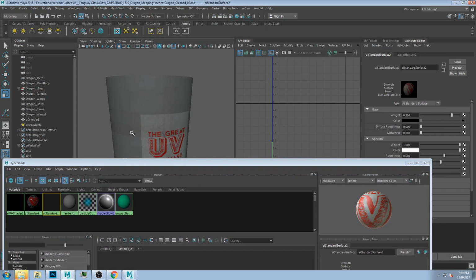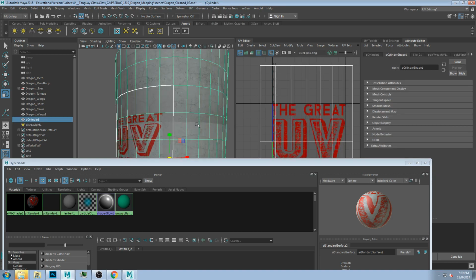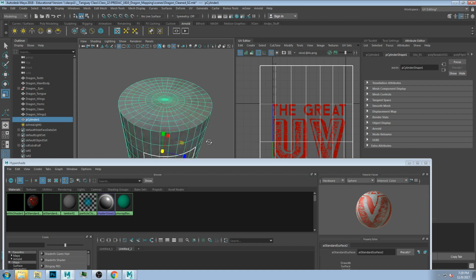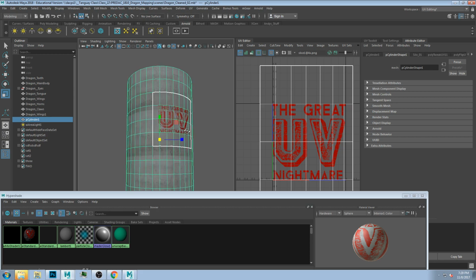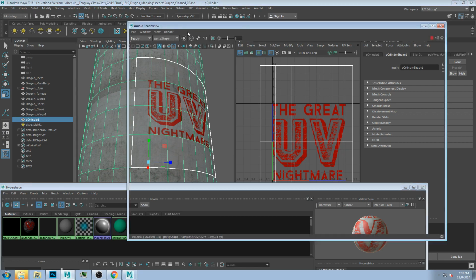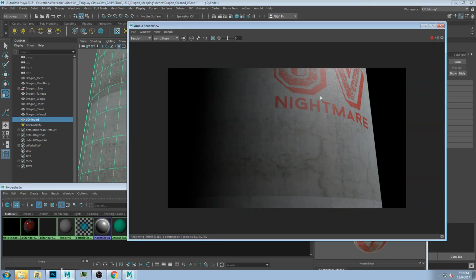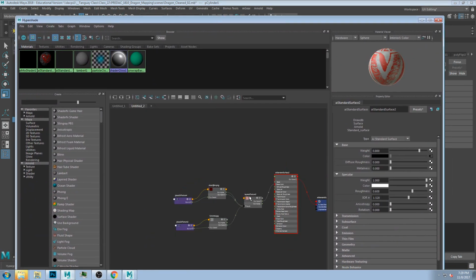Okay, so that's what I'm going to do with this. We have our concrete pillar here, and then we have our logo. Since they're both using the same surface, I'm getting the same amount of shininess from them, and that's not what I want. Say I wanted this to be gloss paint. I could try to push the values into the surface, but just for this exercise, I'm going to make a multi-layered